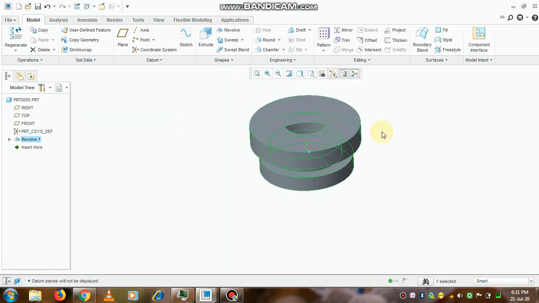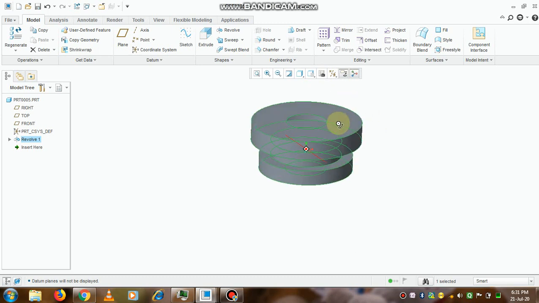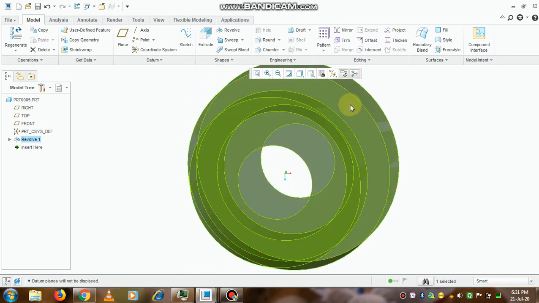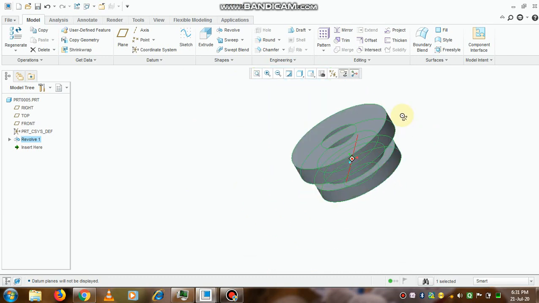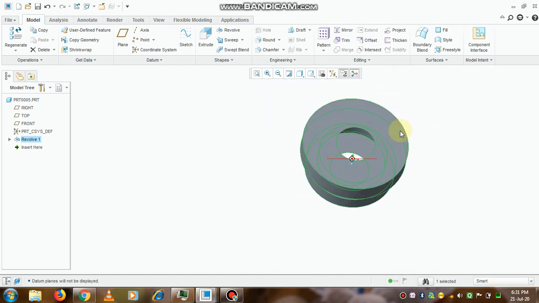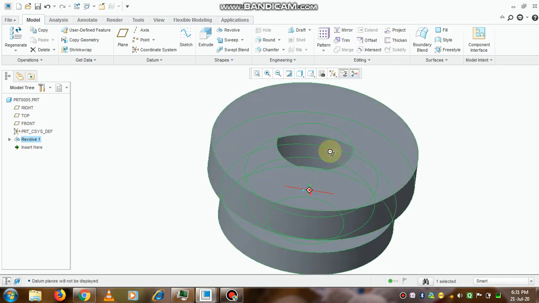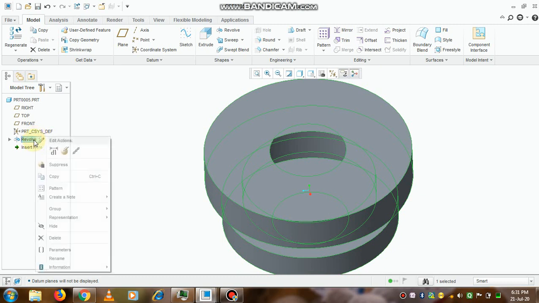So the revolve command is used basically to create a pulley or objects which can have any cross section but are axis symmetric. Now it is not necessary that it should always be 360 degree.